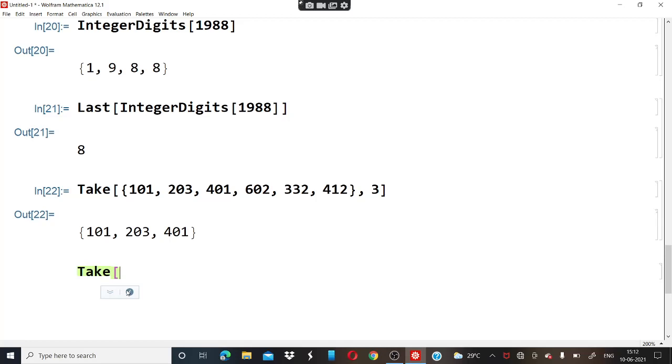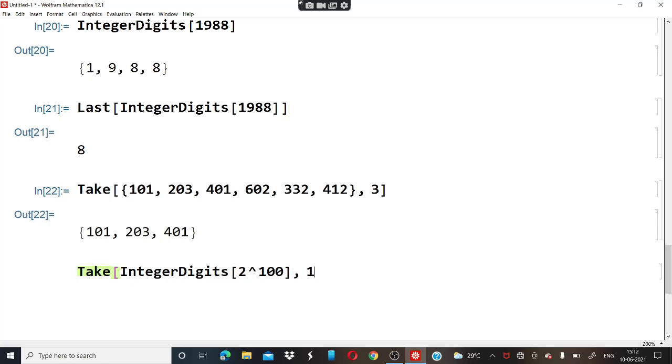So after that we will write IntegerDigits. What it will do is separate all the integers with commas. First of all we will write 2 raised to power 100. It will directly calculate 2 raised to power 100, separate the digits with commas, and take out the first 10 elements.